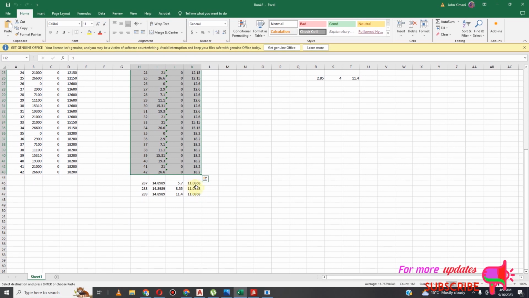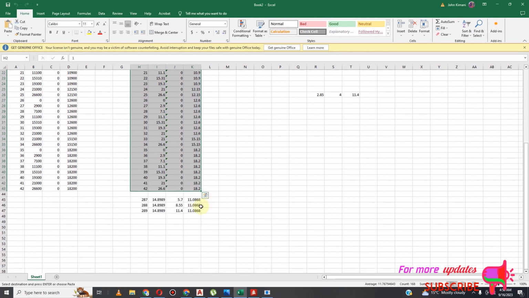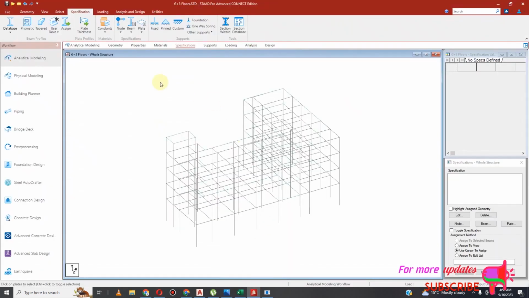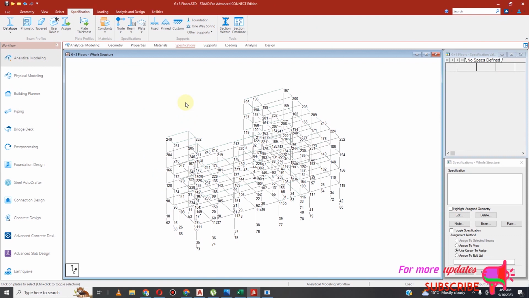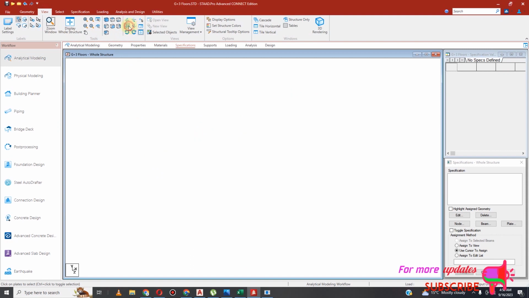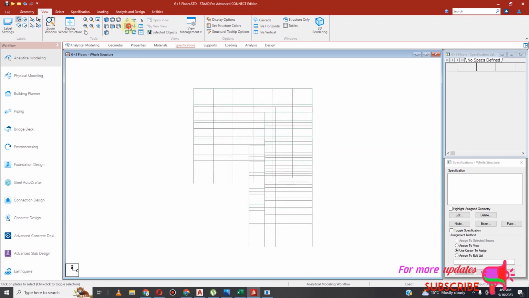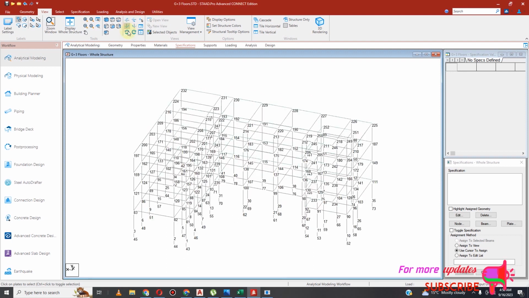14.8989 and 11.0868. So in each floor now. So now I will hold shift and then N and see the node and the numbers. Then I go to G, then I will rotate it that way. Now my COG was about here. So I will go to the node which is nearest to the COG, which is about here